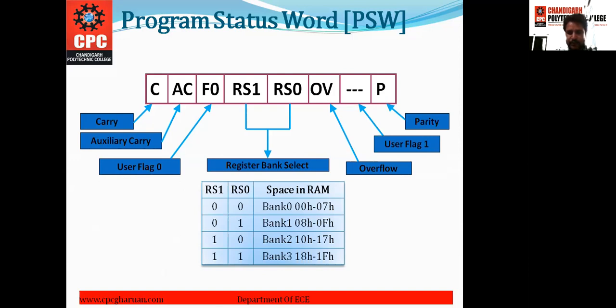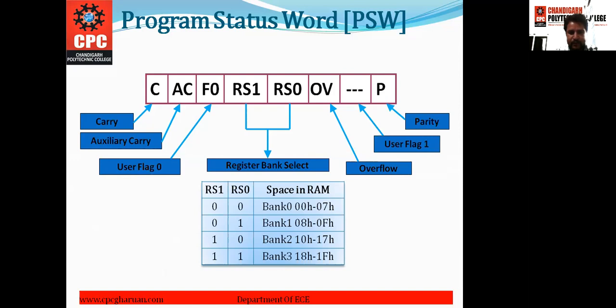Here H shows the hexadecimal number. The range 10H to 17H is selected for bank 2 by making the RS0 bit equal to 0 and RS1 bit equal to 1. And now if both the bits, RS0 and RS1, are made equal to 1, then register bank 3 will be selected, which has the range from 18H to 1FH.